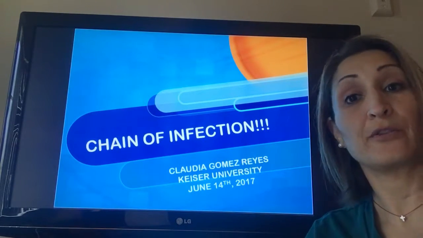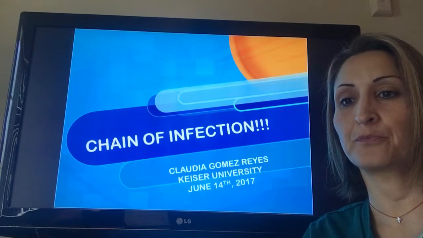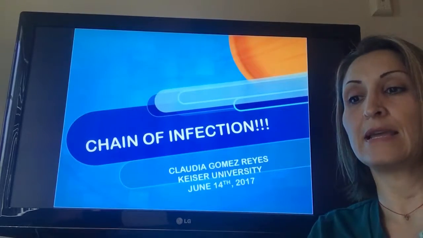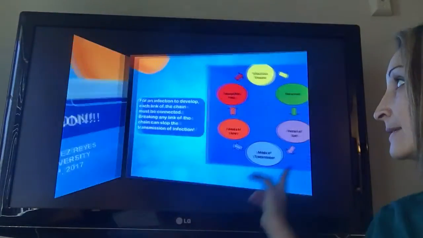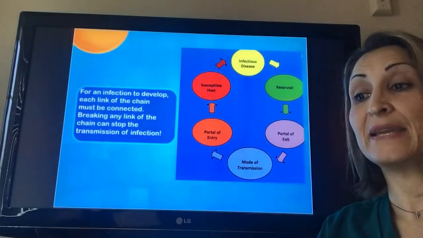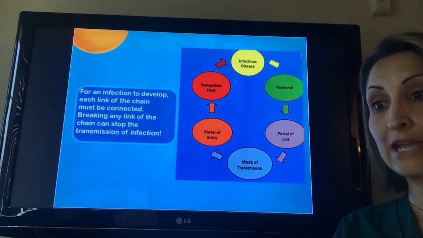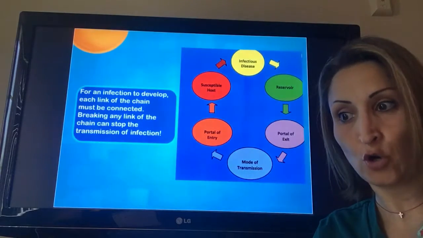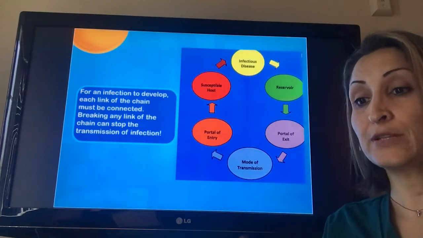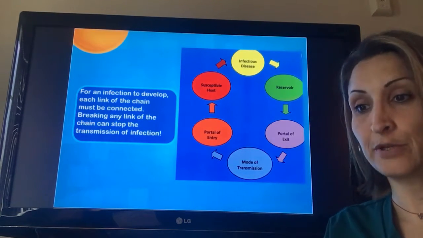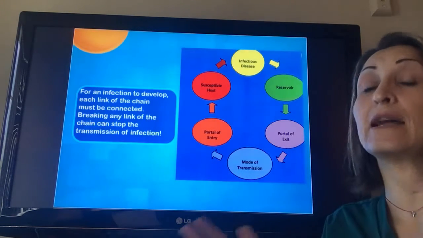We're going to talk today about the chain of infection. It's also called the cycle of infection. The cycle of infection is also called the chain of infection because it is a chain. It begins with the transmission of a pathogen. It occurs when the agent leaves its receiver or host through a portal of exit. It is transported by some way of transmission and enters through a convenient portal of entry to infect a defenseless